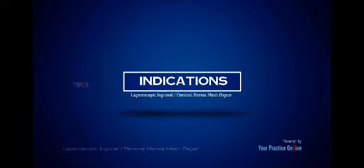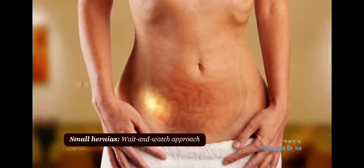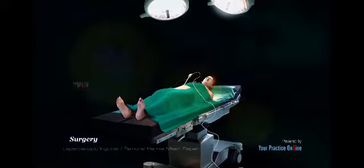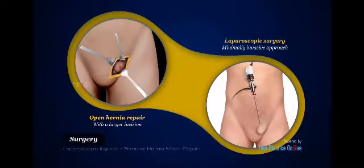Indications. Small hernias that do not cause any symptoms are usually not treated, but instead your doctor may follow a wait and watch approach. Surgery is recommended for hernias that show symptoms, are enlarged, or entrapped. Surgery may involve an open hernia repair with a larger incision or laparoscopic surgery, a minimally invasive approach with smaller